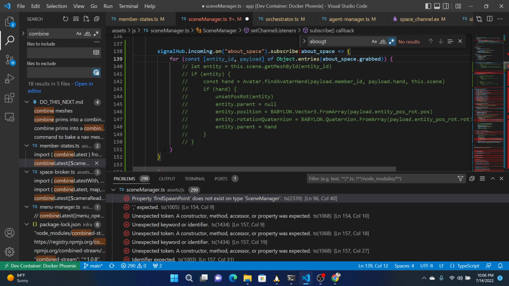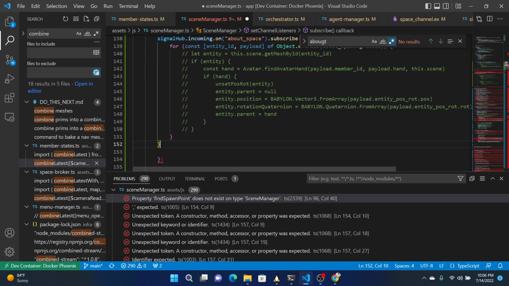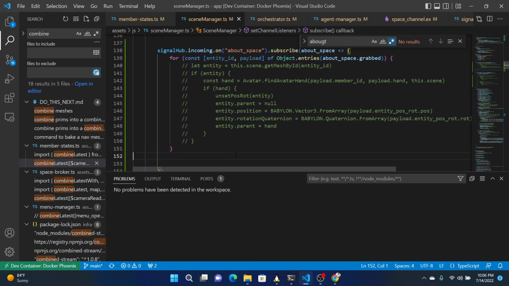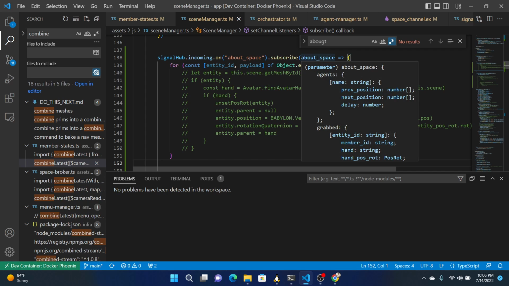Okay, get rid of this. For that. Get rid of that. There we go. And also about space. And we're not given the correct payload here because